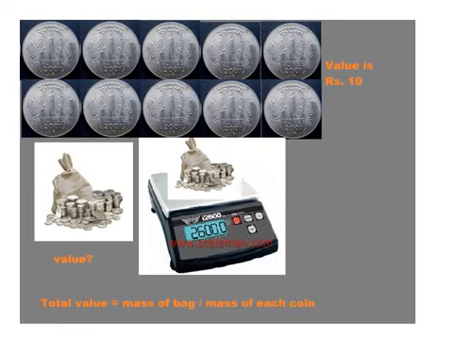So if from that you find the mass of only one coin, the total value can easily be found out: the mass of the whole bag divided by the mass of one coin. That will give you the number of coins, or the value of the coins, which are in the bag.